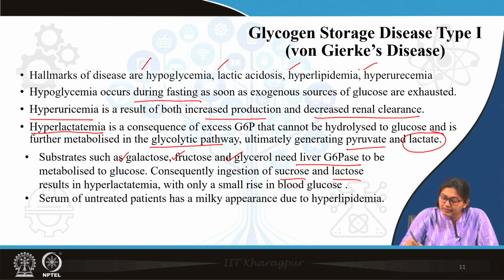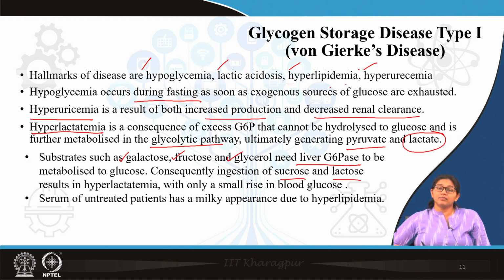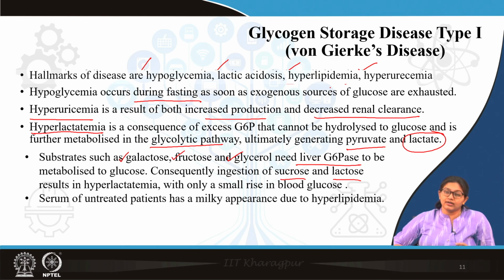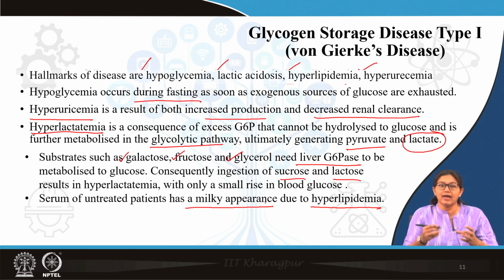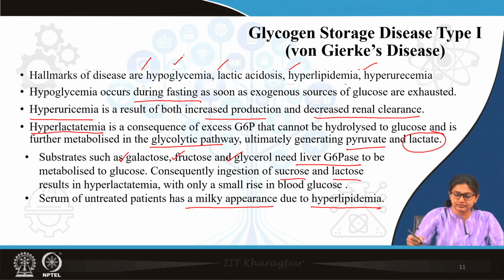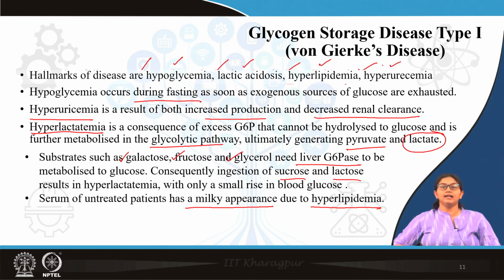Then hyperlipidemia. Once again, remember, glycogen storage disorders are causing hypoglycemia. Hypoglycemia is sensed by glucagon, and that glucagon is actually inducing more production of triglycerides, and that is causing hyperlipidemia, and it is actually giving rise to a milky appearance in blood. So, we have discussed the 4 important hallmarks of von Gierke's disease, that is hypoglycemia, lactic acidosis, hyperlipidemia and